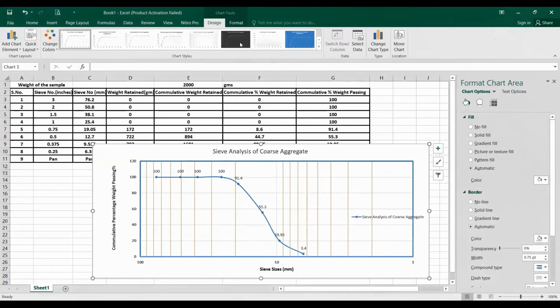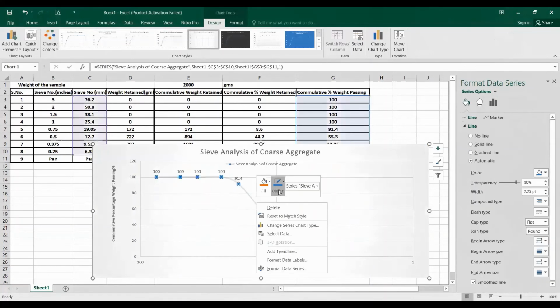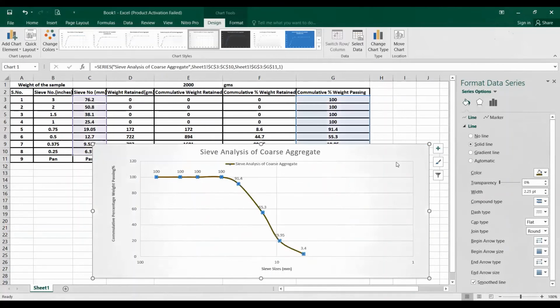So how can you do that? I'm telling you all these steps over here. So these are the things you can check, the outline. And now you can see it's done. And then you can make your graph more attractive by changing colors and all that.